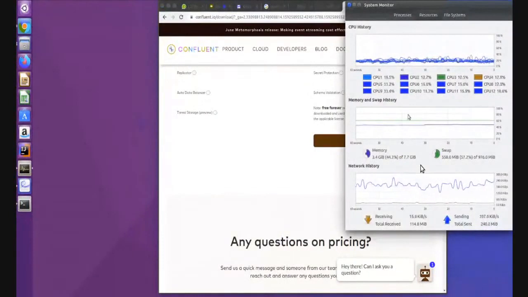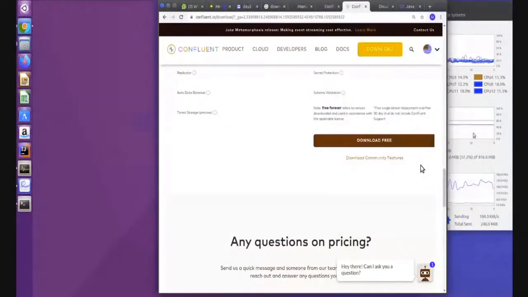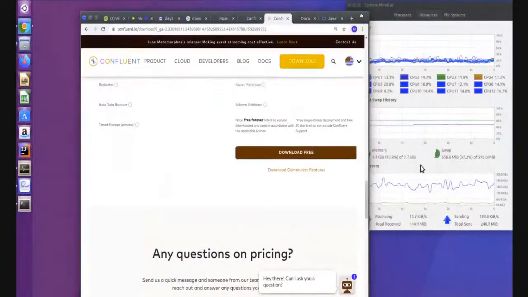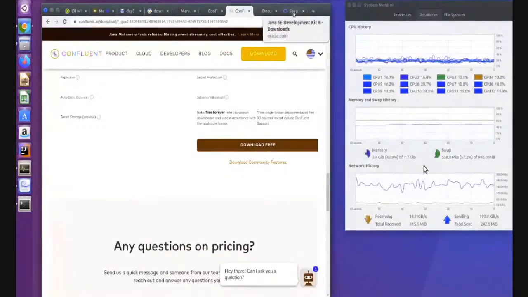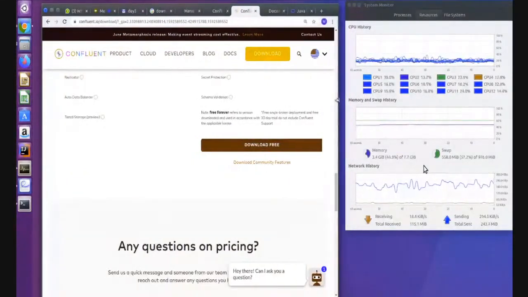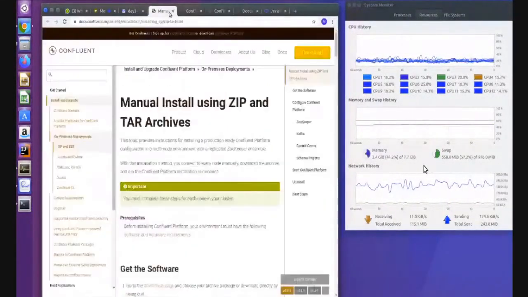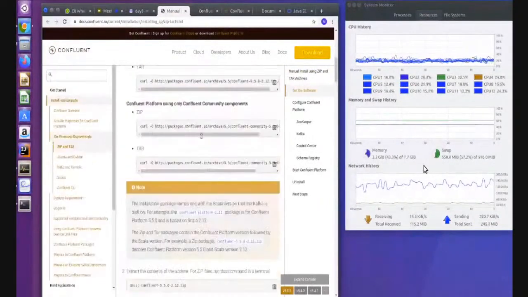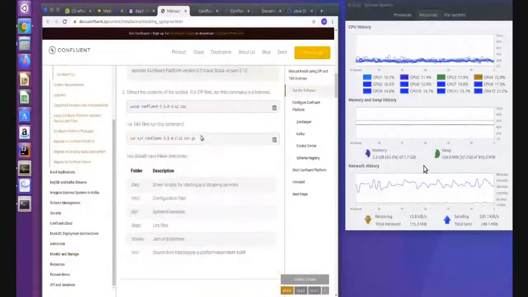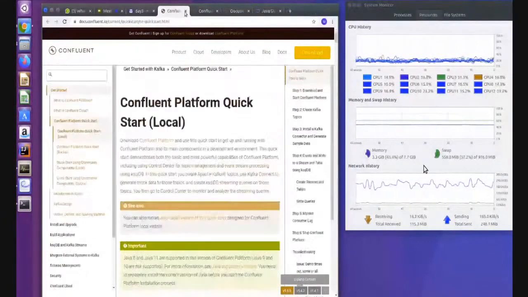You will see right now it is using 3.4 GB. You can see the memory here. Currently 3.4 GB is being used on my system because I have opened so many browser tabs. Now you will see it will increase as I start the installation and when we start the Confluent platform. I have 7.7 GB, even so it will make my system slow. So make sure that your system has a minimum of 8 GB. You must have 8 GB.